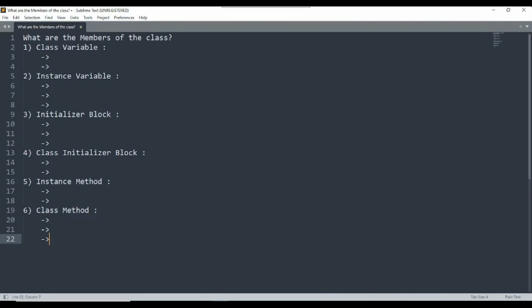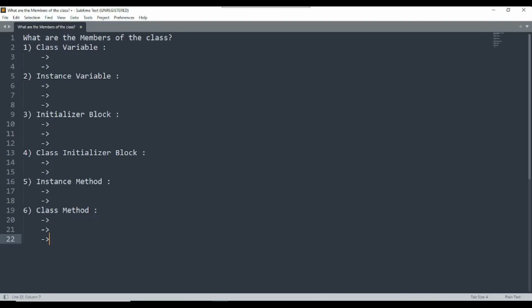A static method is also defined in the particular class. So this is what we call a class method. It is a static method. We can also call this type of method a static method.